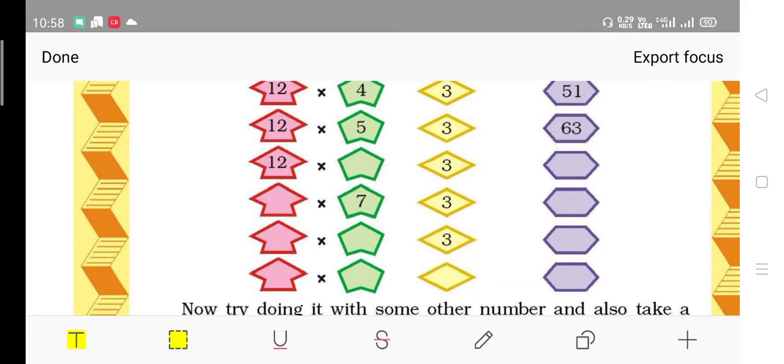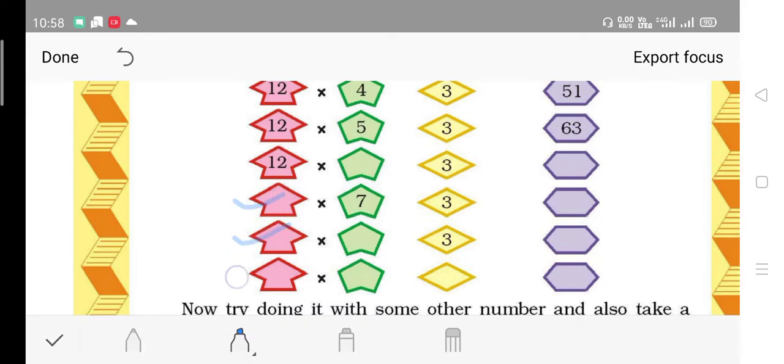Some of the above things are already done for you. The rest I hope you will be able to do: writing 12, 12, 12 here, then after 7 it will be 8, then 9 here, right? And the rest will be the answers, where you multiply and add 3, and then you get the answers. So you are going to fill this in your